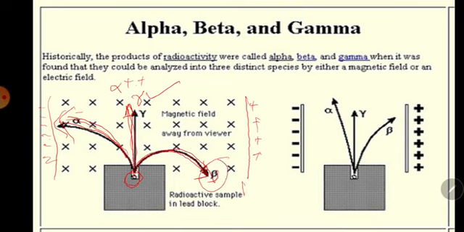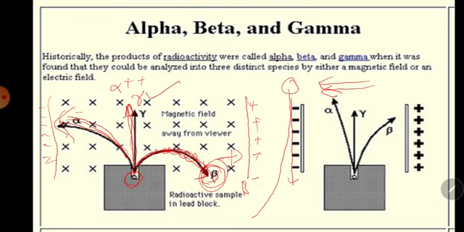Beta particles have a single negative charge, so they will be attracted by the positive plate. They will deflect more. The reason is their mass is less. So if you throw a ball in this direction, if it has less mass, and you push it with the help of air from this direction, it will bend. If its mass is much less, it will bend much more. So: undeflected, deflected towards the negative plate, deflected towards the positive plate.